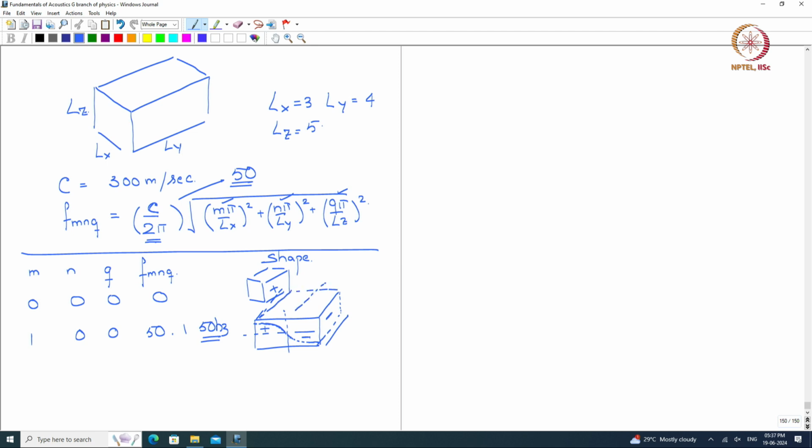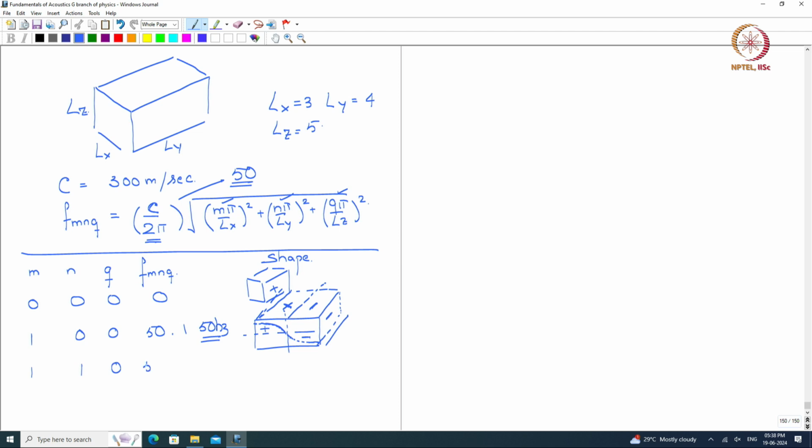And on the top also you see a minus here, you will see a plus here. Okay, that is your 1 0 0 mode. Now if I take 1 1 and a 0,